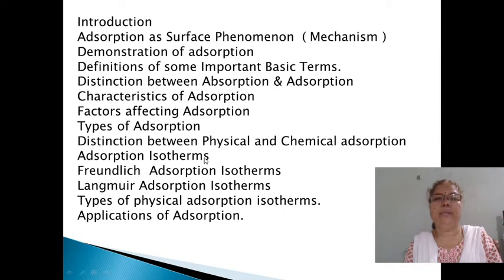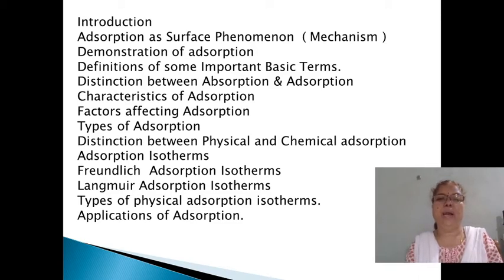And for your study, there are two adsorption isotherms, Freundlich adsorption isotherm and Langmuir adsorption isotherm. Then the next point is physical adsorption isotherm, and the last point of this chapter is the applications